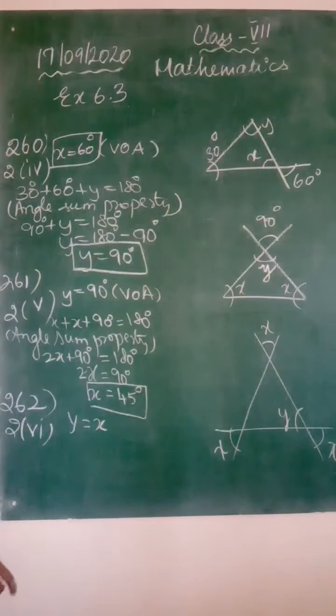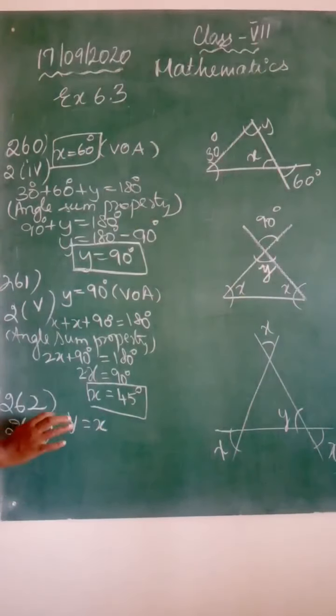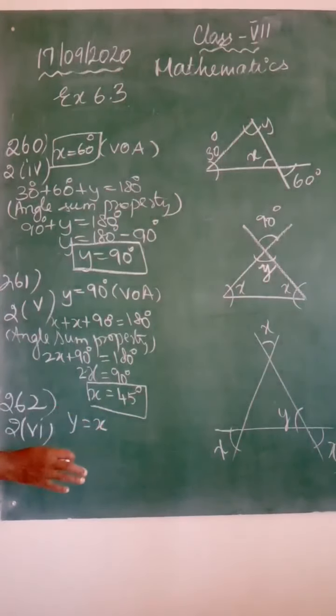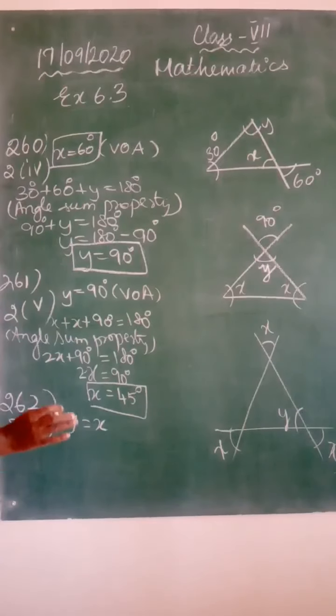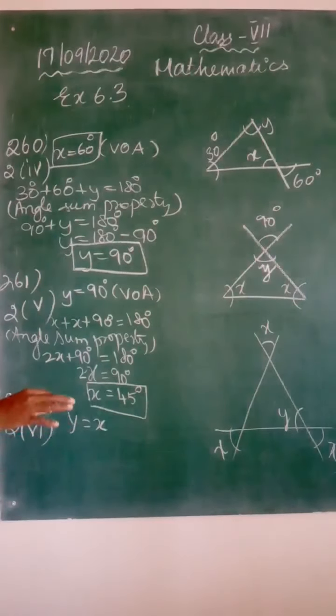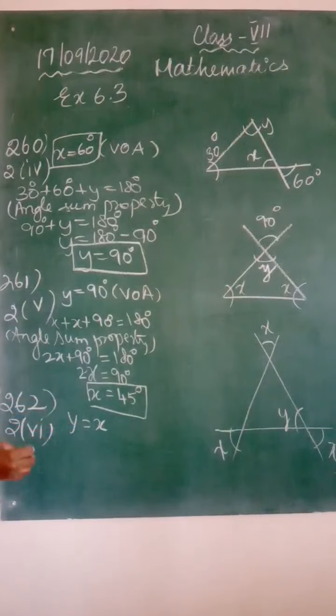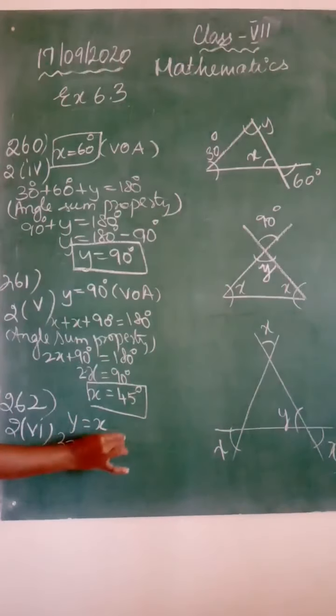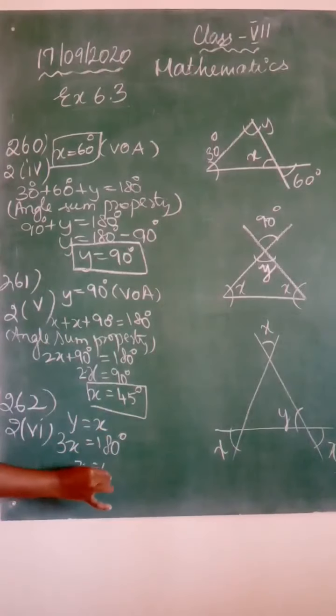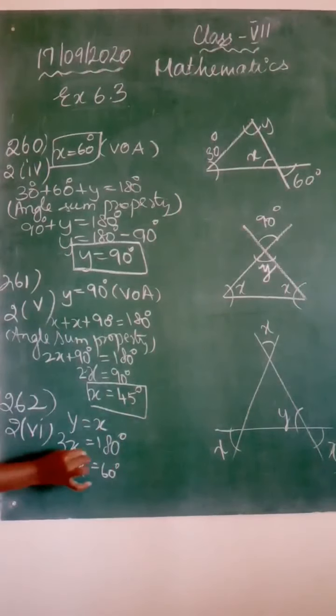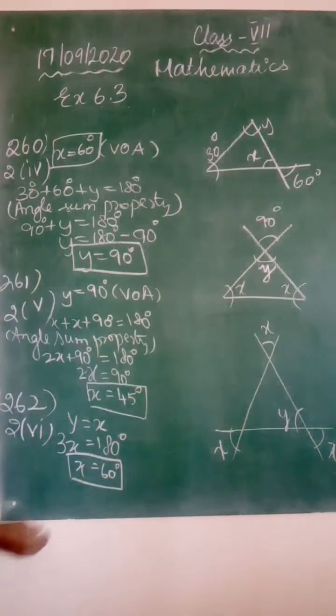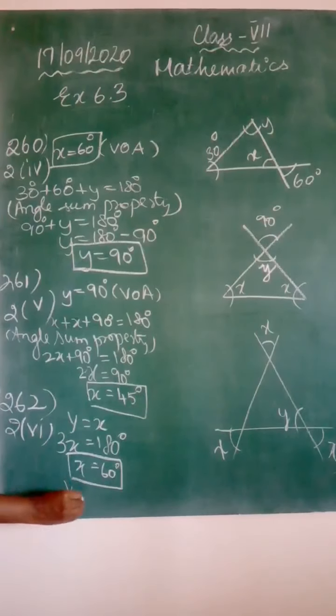So in a similar way, all the three interior angles are equal to x only, because all the three exterior angles are x, and the angles inside the triangle are vertically opposite to them. So all the three angles are x. So 3x is equal to 180 and x is equal to 60. So it is an equilateral triangle. y is also equal to 60 degrees only.